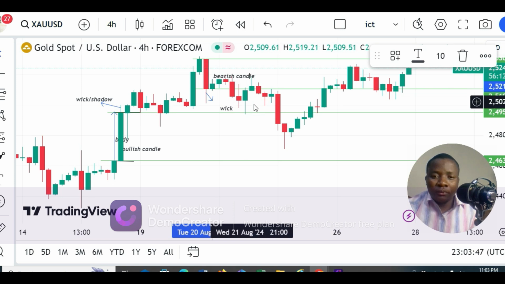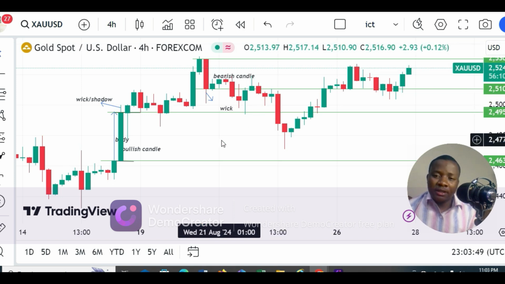So that's basically the component of a candlestick, the body and the wicks. Now, let me talk something on the wicks. Wicks are the extension of the price above or below the body of a candlestick, and they represent the highest and the lowest point where the price reached during that particular time when that candlestick was